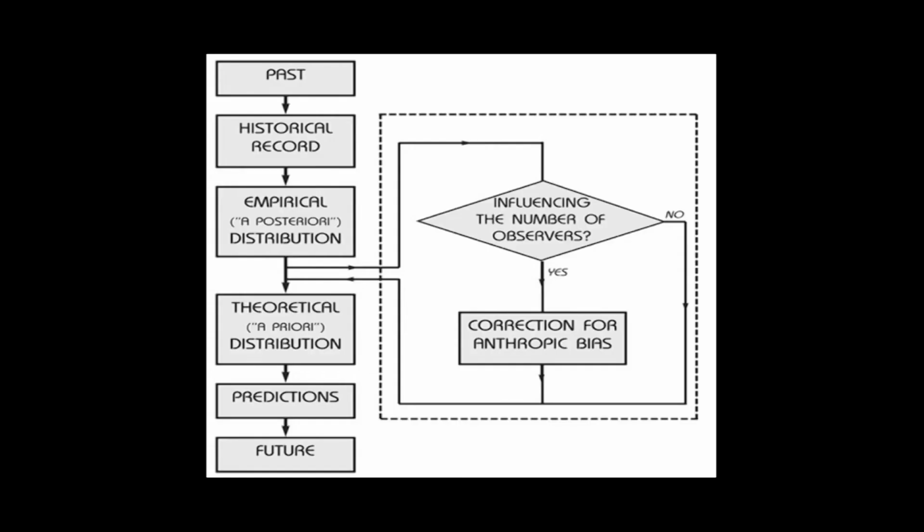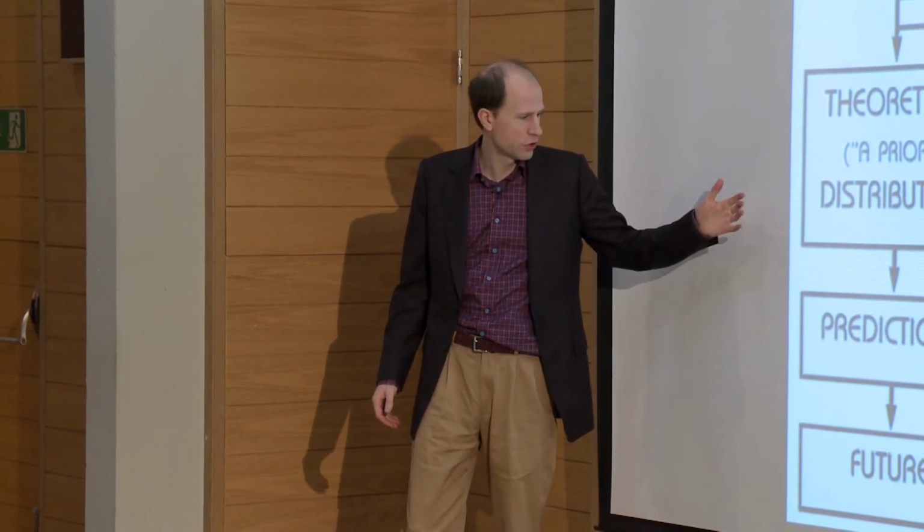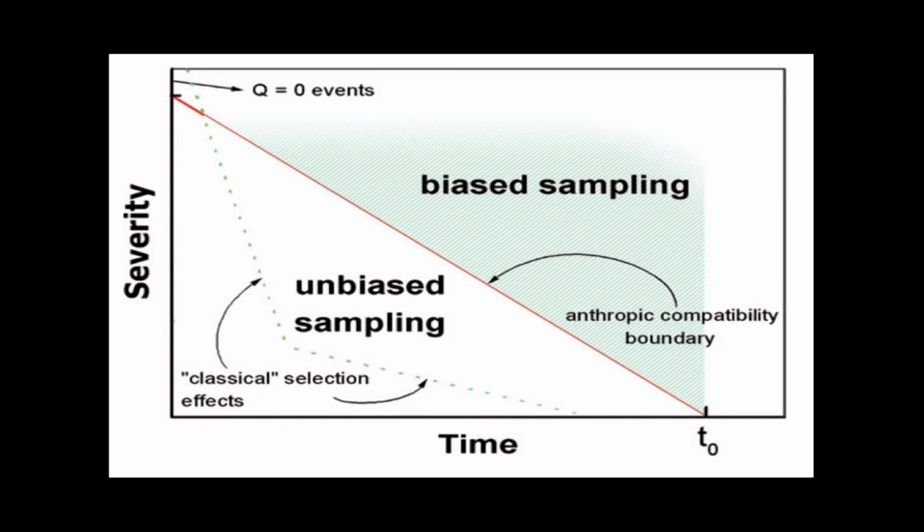So to draw correct inferences from the historical record, we need to correct this observed distribution of crater impacts or events that we see in the past, and check whether they would influence the number of observers that would be expected to exist later. And if they do influence that, we need to correct for that, and then we can derive a better estimate of the underlying probability that generated this observed distribution. And it's then that underlying probability distribution that we should use to derive predictions for how much danger we face going forward. In other words, we have, it seems, a kind of anthropic shadow.